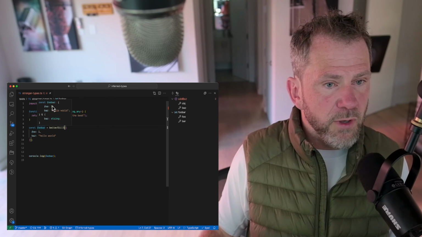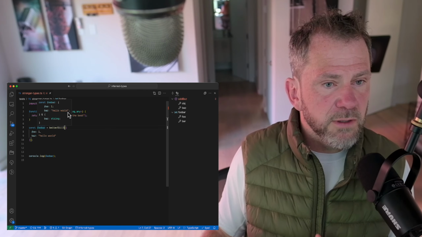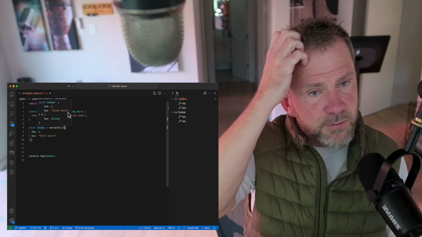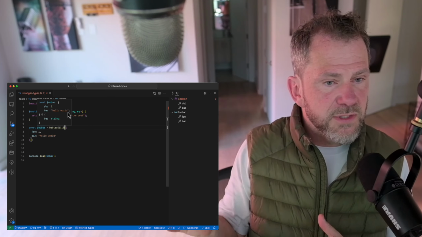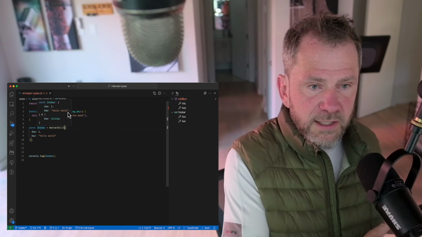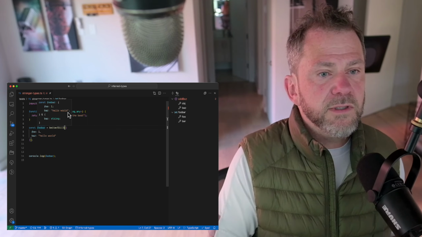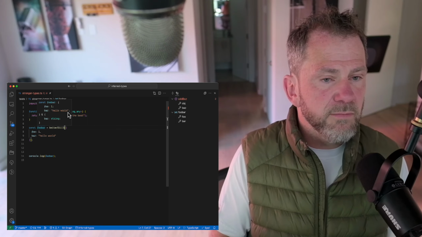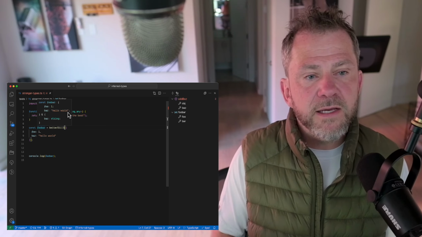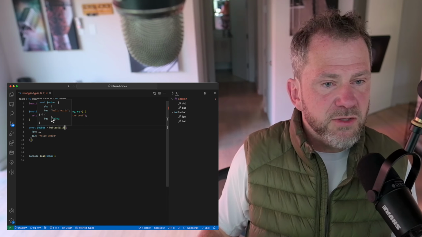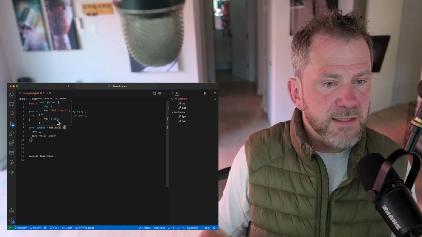So they're the number 1 and the string hello world. This can also be really useful at times. It's often in library code that this literal typing is more important, but it can be useful in a normal application as well. And now, again, we still have the adding of the baz string.